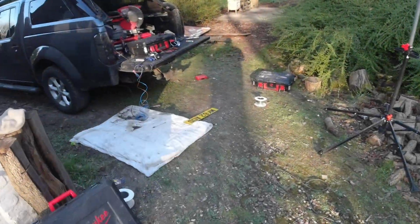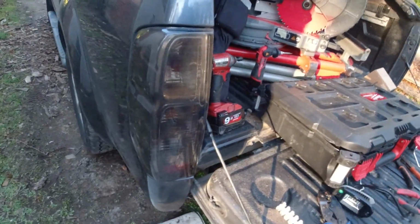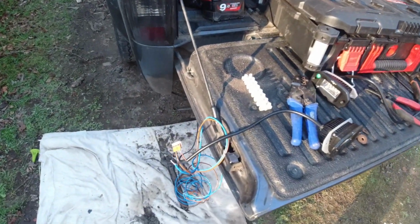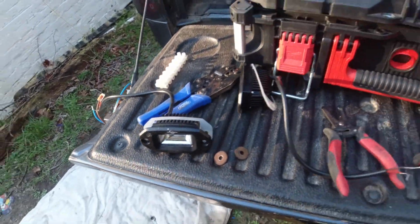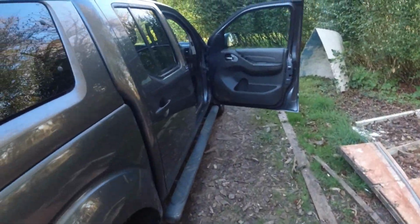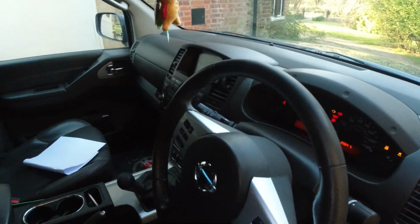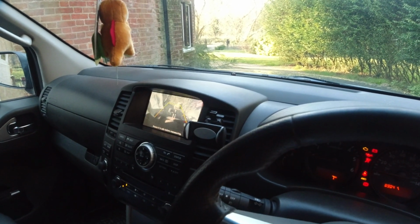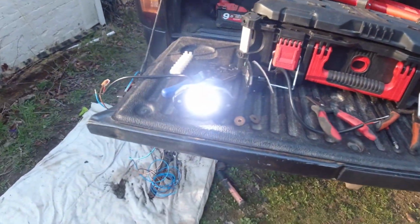And through a little bit of swearing, we've done the jiggery pokery inside here now using the Milwaukee solder and a couple of little jointing boxes. They're the temporary ones. So as you can see here, we actually have one of the lights hooked up. I have checked it beforehand just to make sure, obviously. No one likes looking a fool on YouTube. So as you can see, we are in reverse with the reverse camera on, and we have an incredibly bright LED